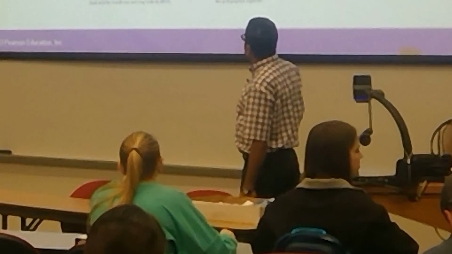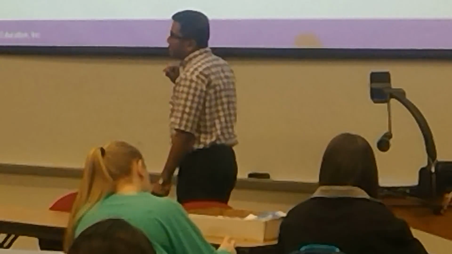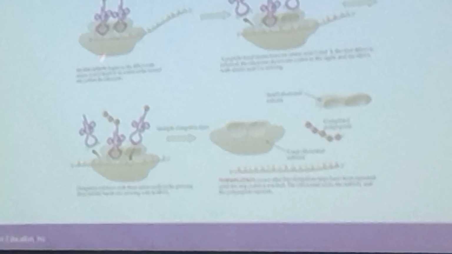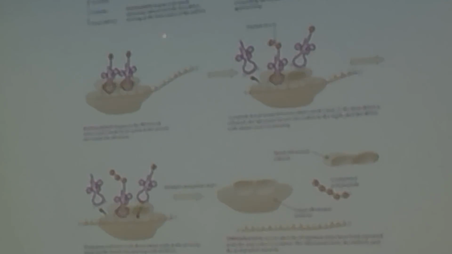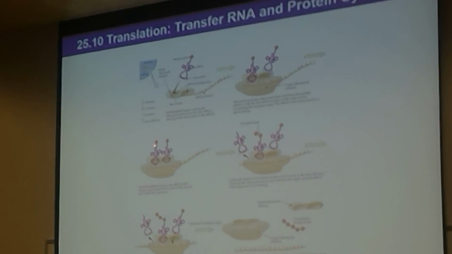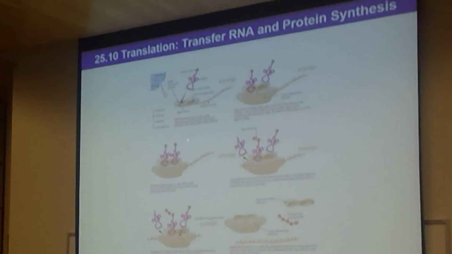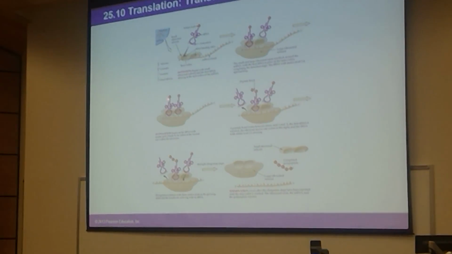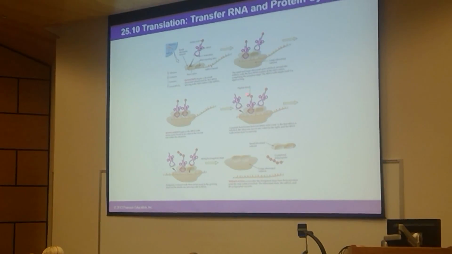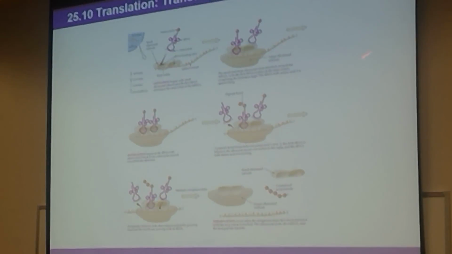amino acid 1 and 2, and at the same time that ester bond has to be broken, because remember, the carboxylic acid group is being bonded with the hydroxy group of this tRNA, and we need that carboxylic acid group in order to make the peptide bond with the amino group of that second amino acid. So now this one has to be broken, and then that carboxylic acid group is extended to make a new bond with the amino group of that amino acid. Then they make a peptide bond. So now we have the dipeptide, and now what will happen,